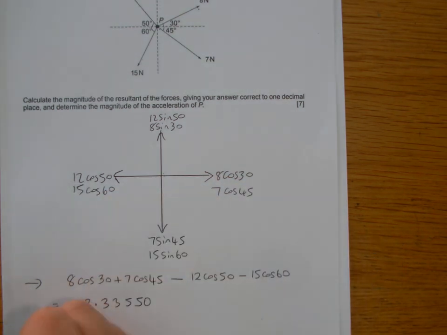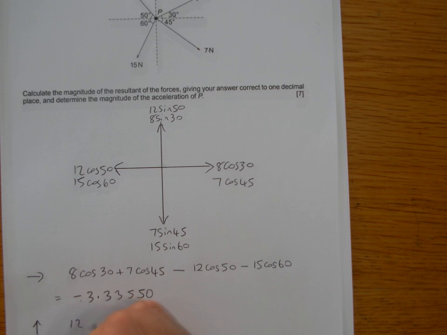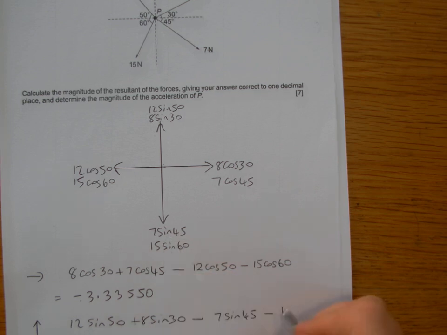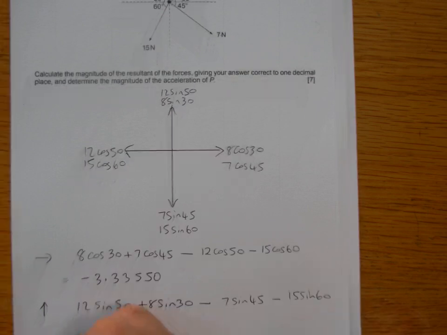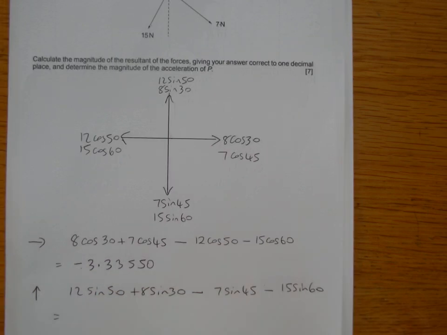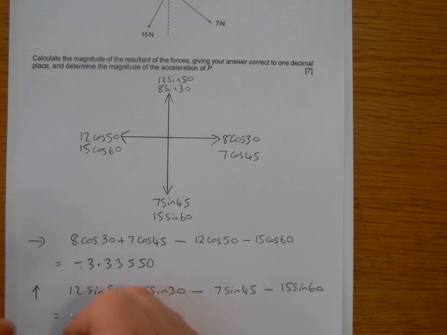But let's then resolve in the y direction. So we've got 12 sine 50 plus 8 sine 30. Take away then the opposing force 7 sine 45, and take away the other opposing force 15 sine 60. So I work that out. 12 sine 50 plus 8 sine 30 minus 7 sine 45 minus 15 sine 60. So if I do all that, it comes out then to be minus